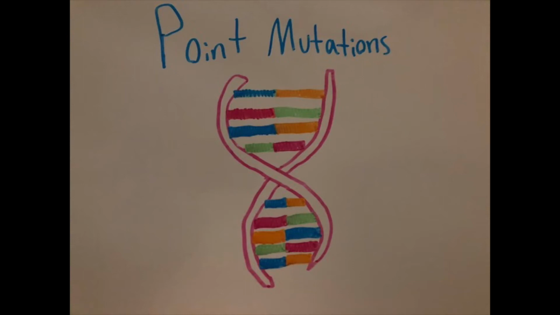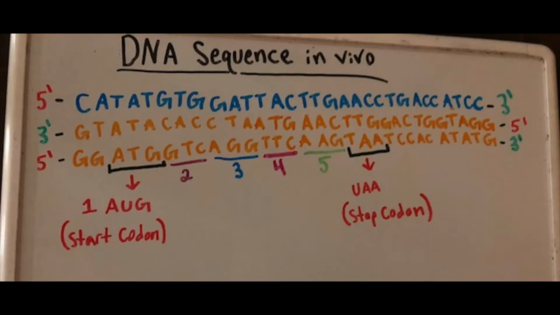Today I'll be discussing different point mutations within the DNA coding strand. Within this drawing, a protein that is 5 amino acids long is from this DNA sequence. In order for this amino acid sequence to be made, we first need to transcribe one of these DNA sequences